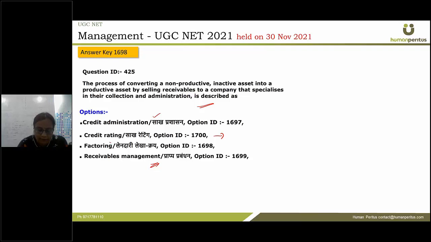And what actually is factoring? Who is a factor? A factor is someone who is able to provide cash or financing services by purchasing the receivables of a particular company. So after that, it will not be a botheration for the company to generate cash out of those receivables. It becomes the botheration of that purchasing company after that, right? So factoring is the answer to this question.